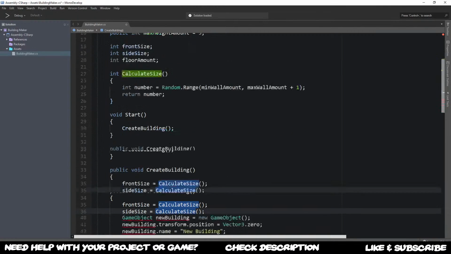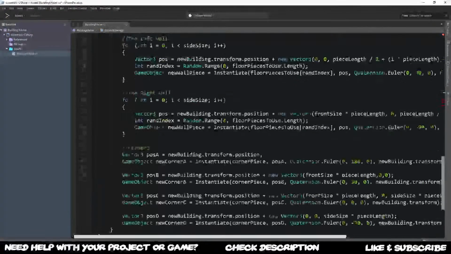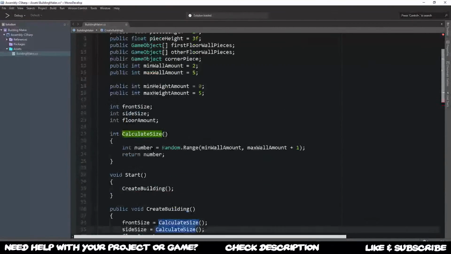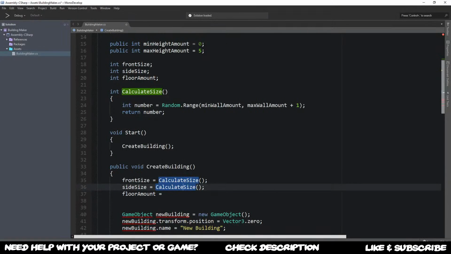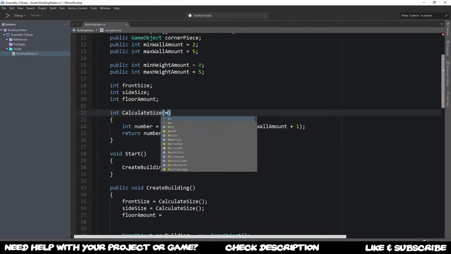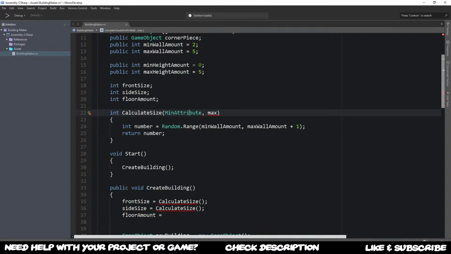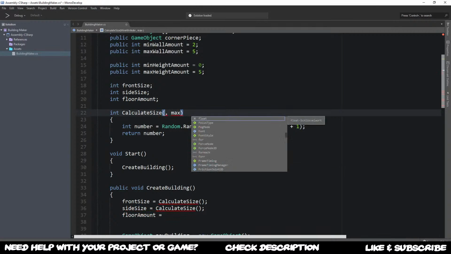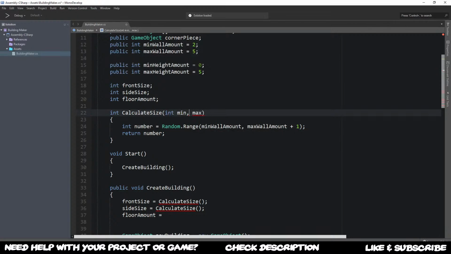maximum amount over here. Otherwise, if we want to use that function we created beforehand to calculate the size, like this one here, we could also say which numbers to be used over here, so we can pass in the corresponding amounts. So like min comma max should be, of course, let me put in something like int min comma and then an int max. So, and then we can use min to be here and max to be there,